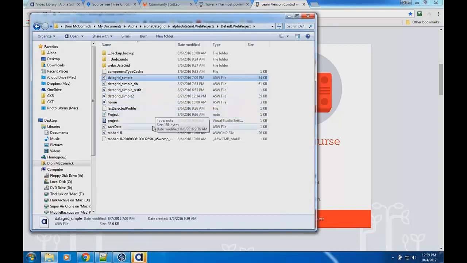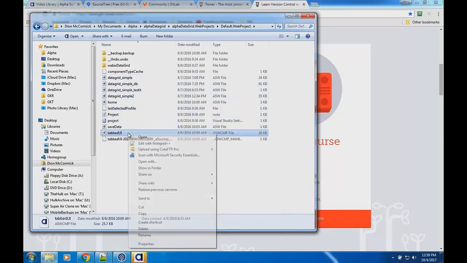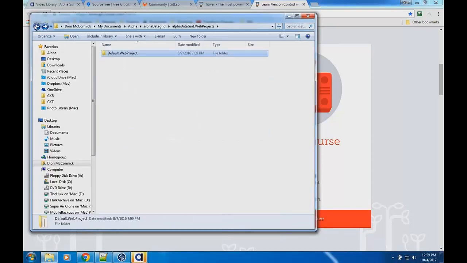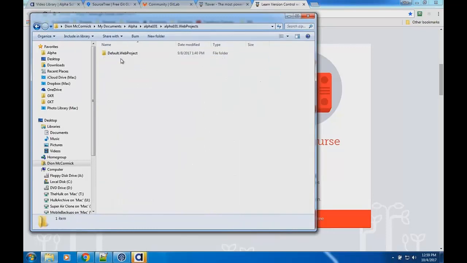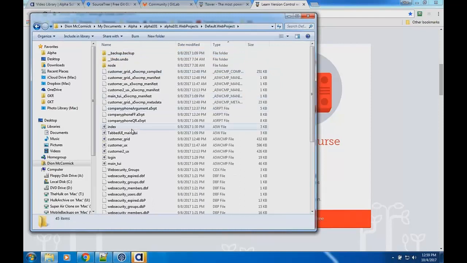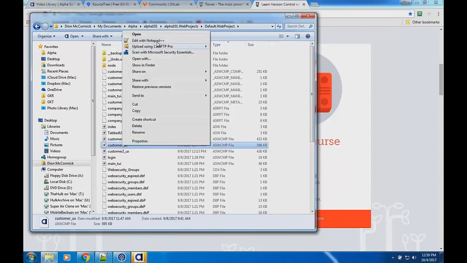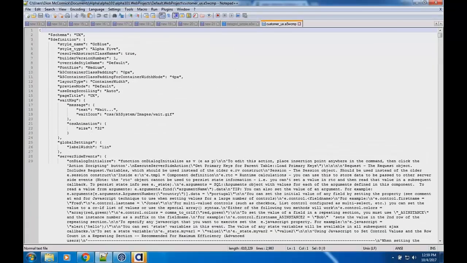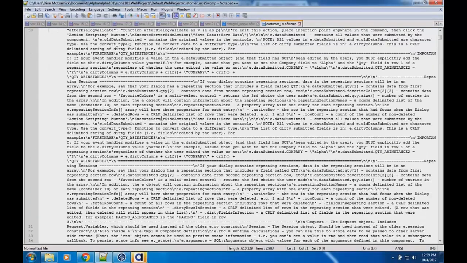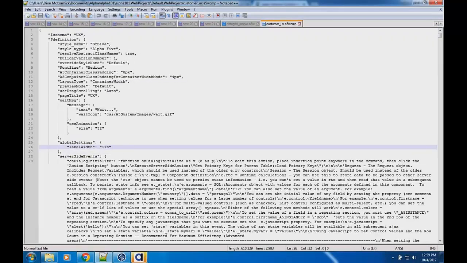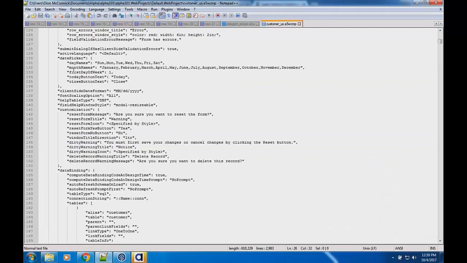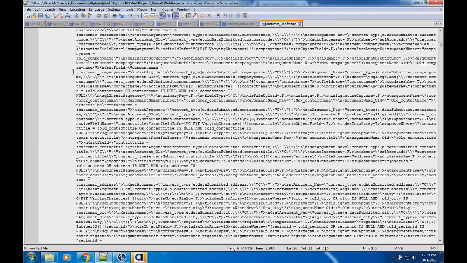But let's see, where's my component here? Let me go find a better grid component real quick. And we'll go right here. Okay, so this is a UX component. That's again why I put the UX there. I'm going to go ahead and edit in Notepad and check it out. Notice how it's been saved here. This is called JSON. So this is a JSON definition. Everything in here is text, and it's quite extensive.